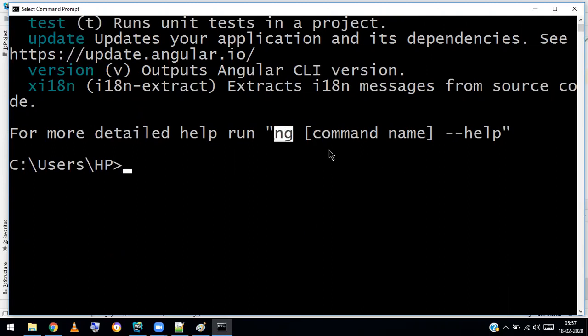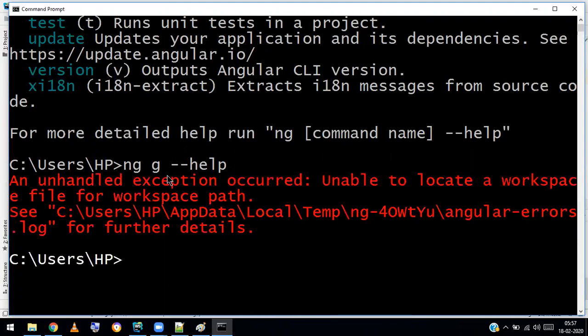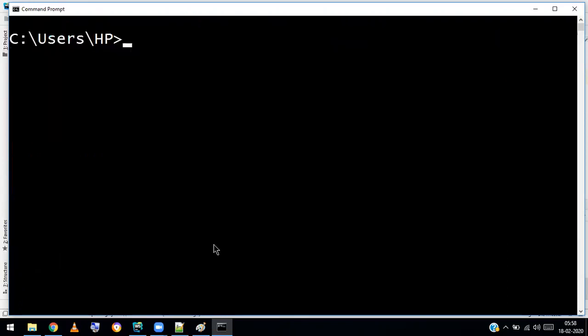So if you want to generate, then ng g --help. So what could we generate? No, unable to locate workspace file path. Okay, some command is missing over here.